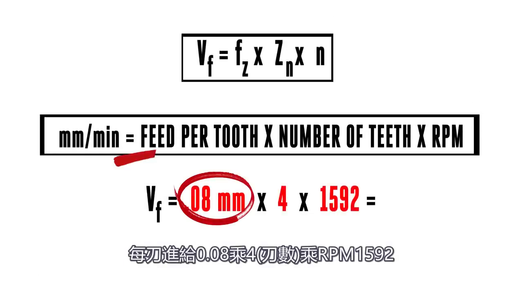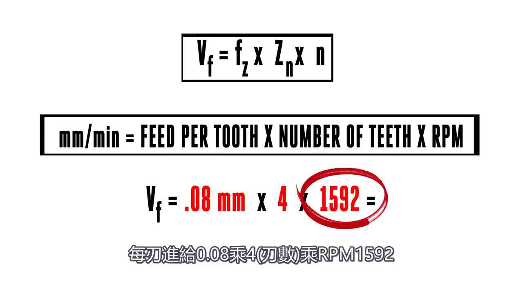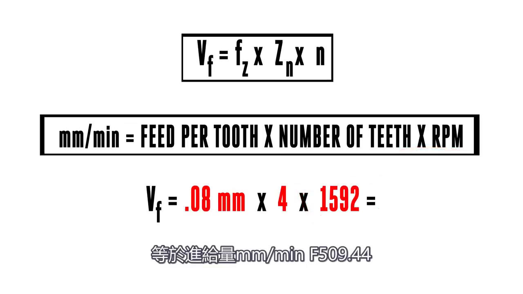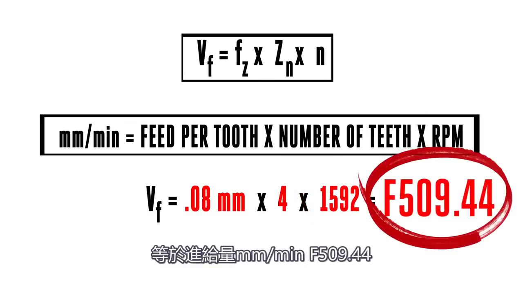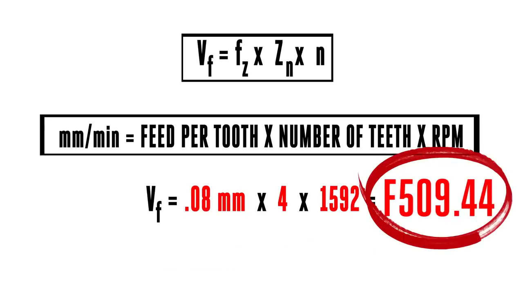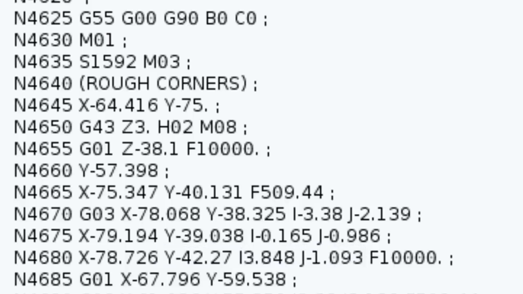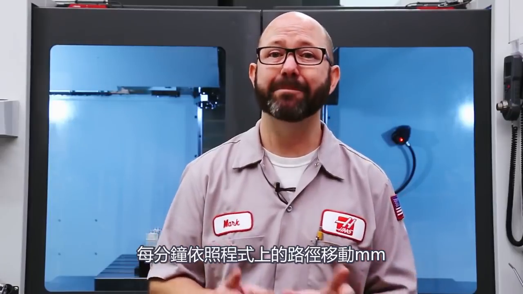0.08, our feed per tooth, times 4, our number of teeth, times 1,592, our RPM, will give us our millimeters per minute feed rate, F509.44. Again, this is how far the center line of our tool will move along its programmed path in millimeters